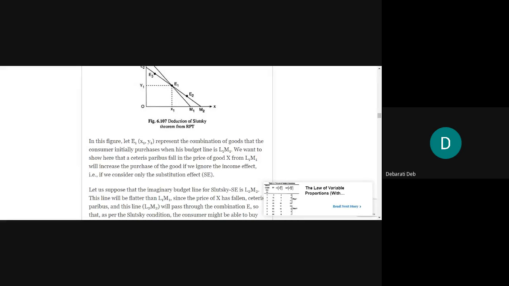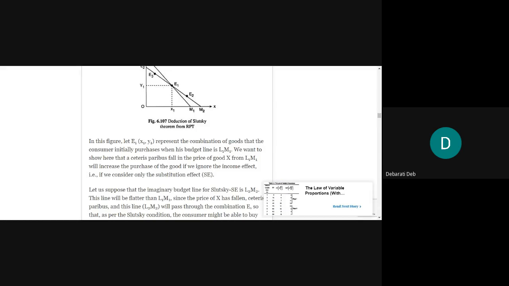Okay, so let there be a fall in the price of good X from L1 M1. Then the purchased quantity of the good will increase on the part of the consumer, because the price of X is falling, and thus